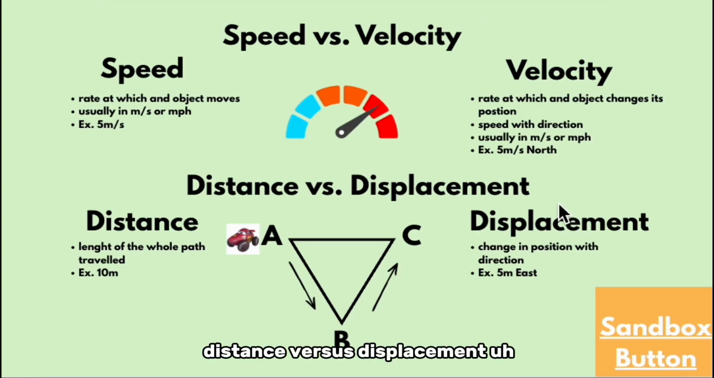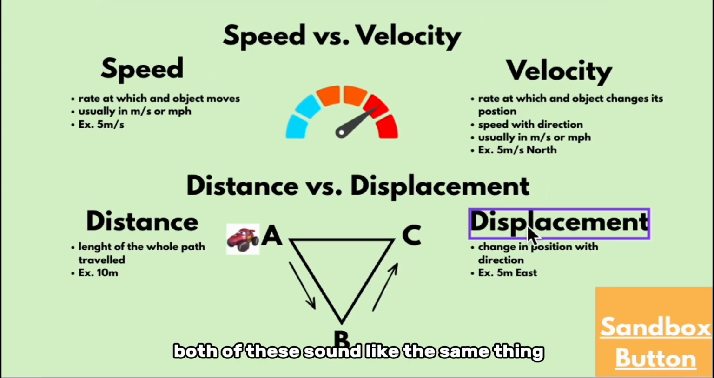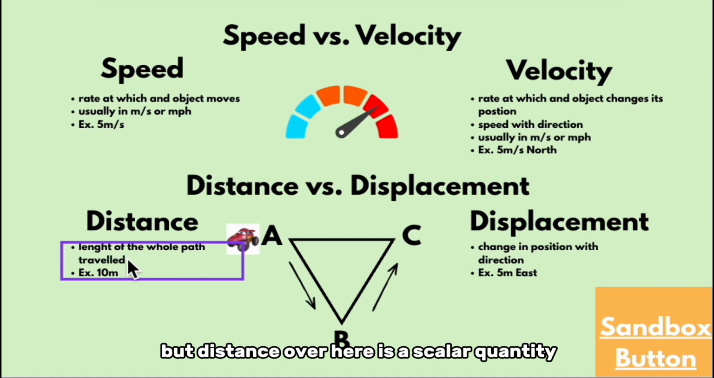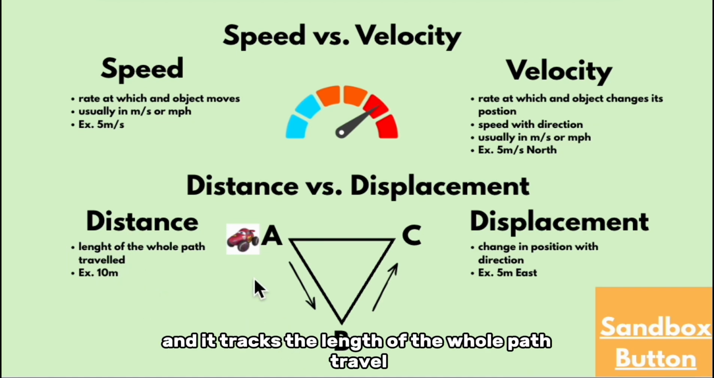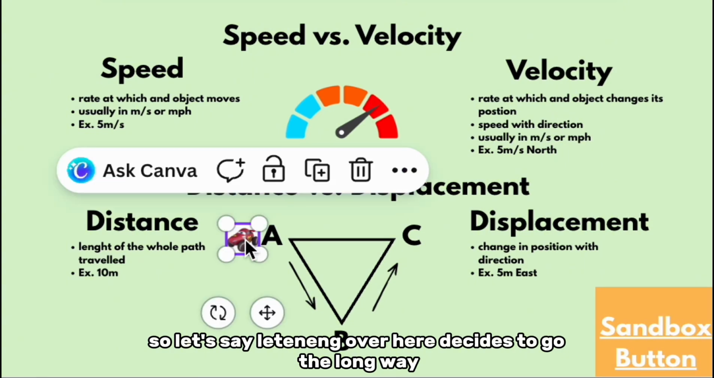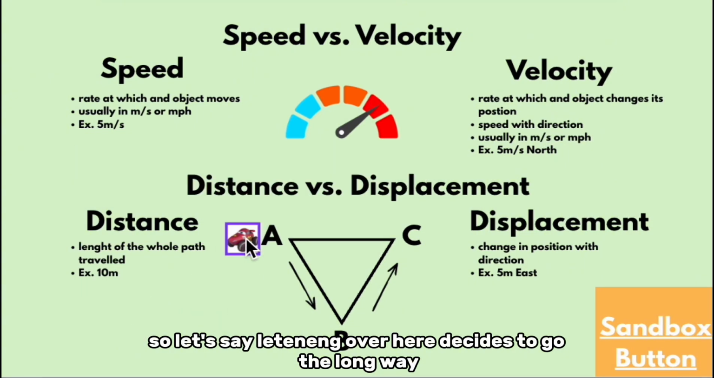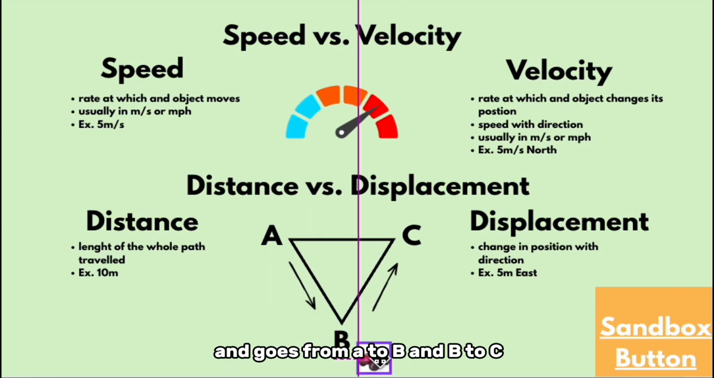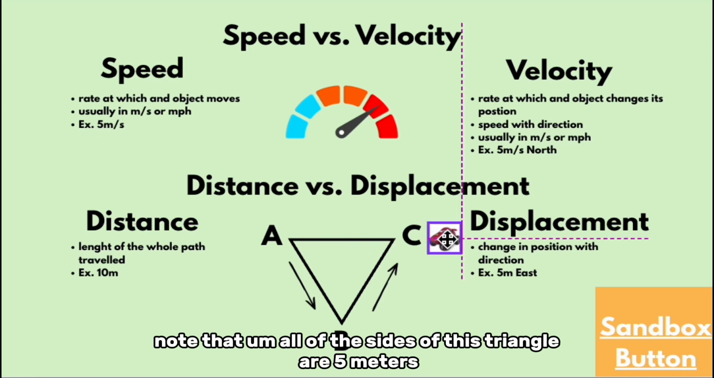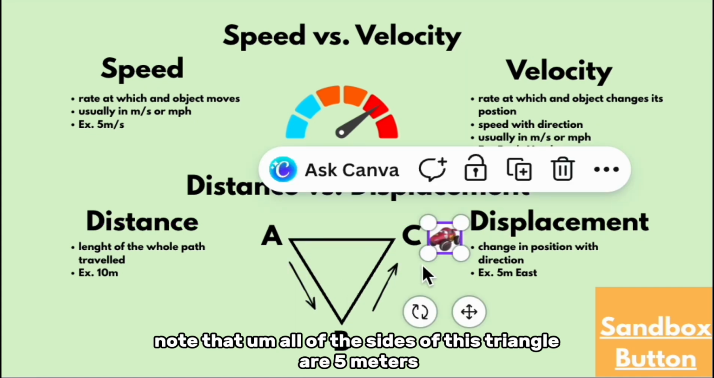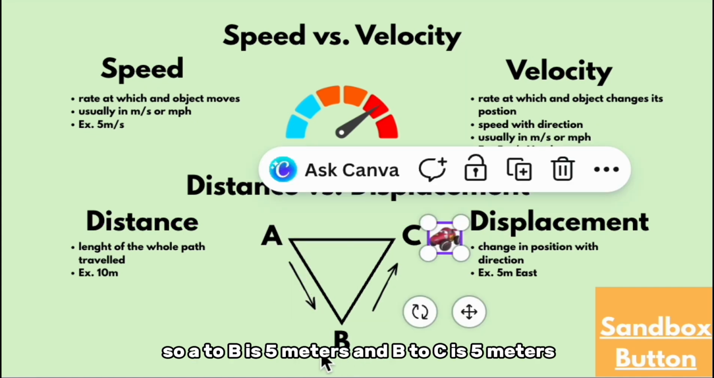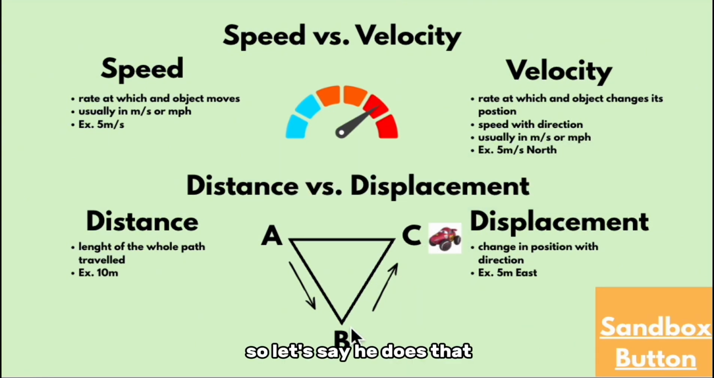Distance versus displacement. Both of these sound like the same thing, but distance over here is a scalar quantity and it tracks the length of the whole path traveled. So let's say Leteneng over here decides to go the long way and goes from A to B and B to C. Note that all of the sides of this triangle are 5 meters. So A to B is 5 meters and B to C is 5 meters. So let's say he does that. The distance would track it as 10 meters because he went 5 meters from A to B, then 5 meters